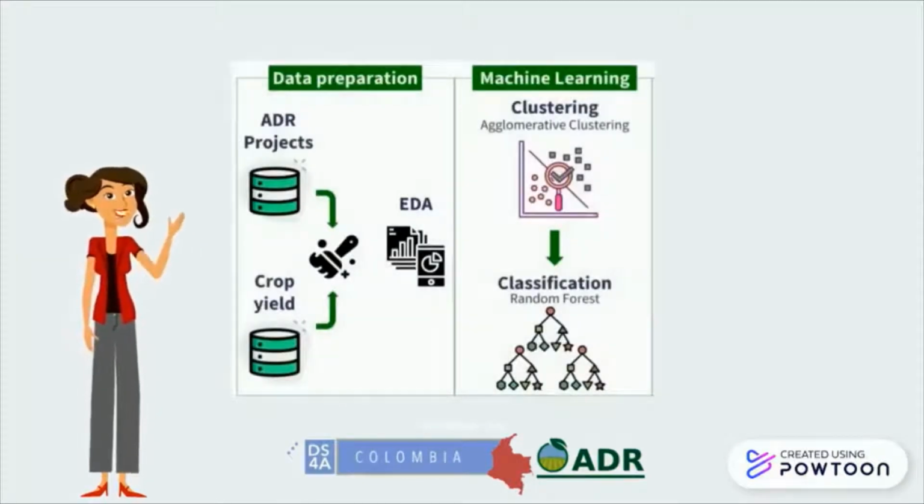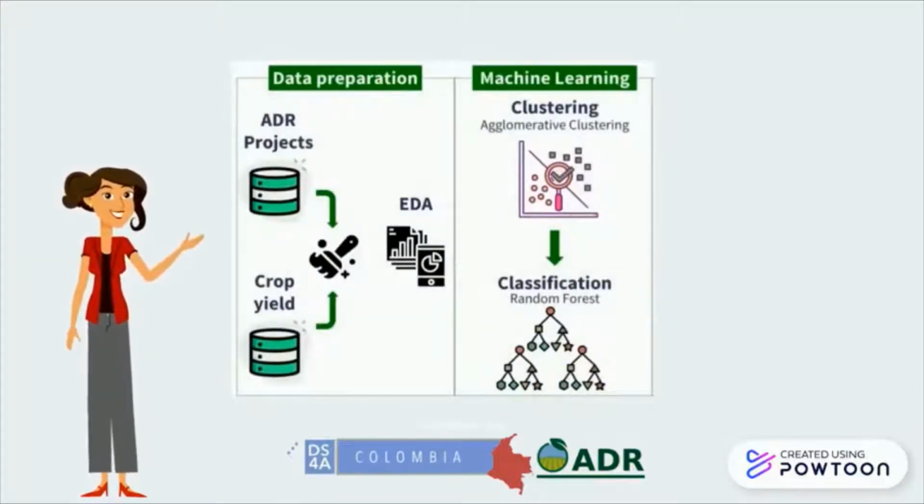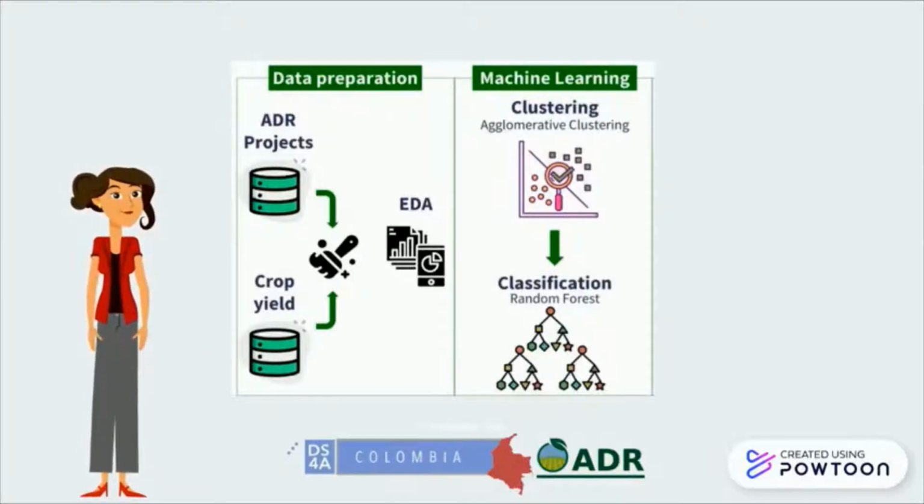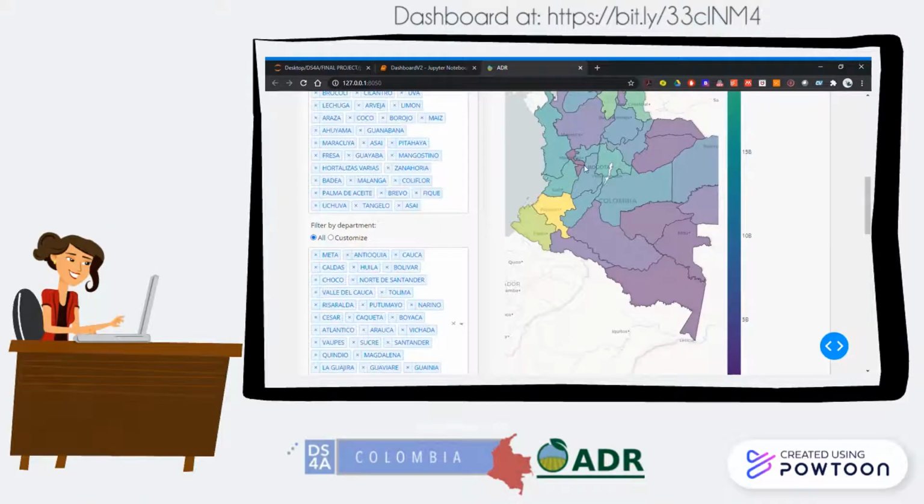The way we approached our analysis is that first we did some basic clustering. We wanted to see how projects group together and what attributes those groups had. Then, with the help of ADR, we ranked those clusters from the highest to lowest probability of selection, given what we had learned from their attributes and the external factors. Next, we wanted to be able to say if a project was going to be successful or not, and the way we did this is that we trained a random forest algorithm to classify a new project into one of the clusters we had defined before.